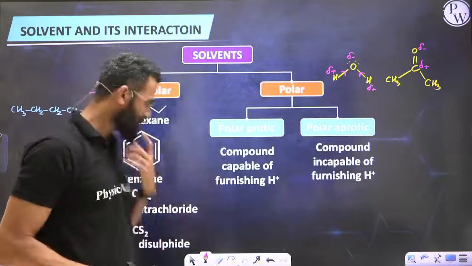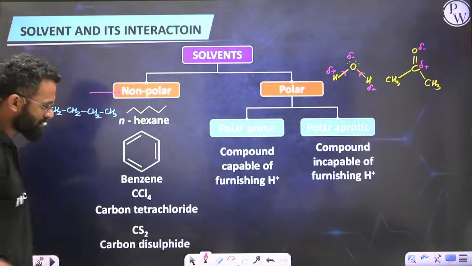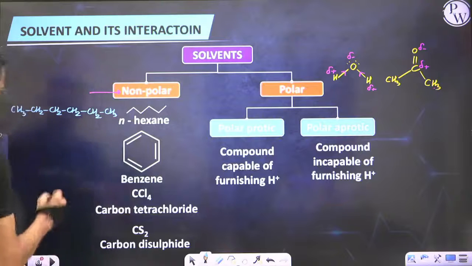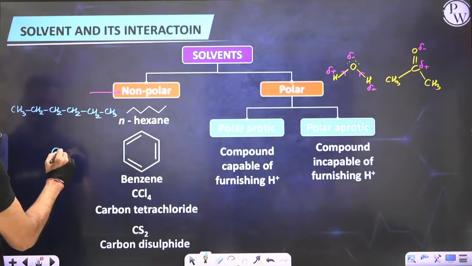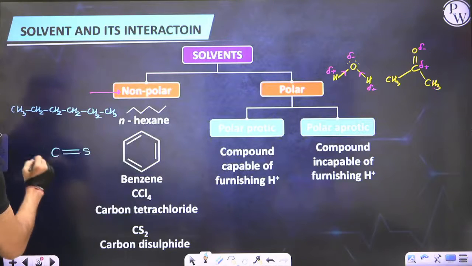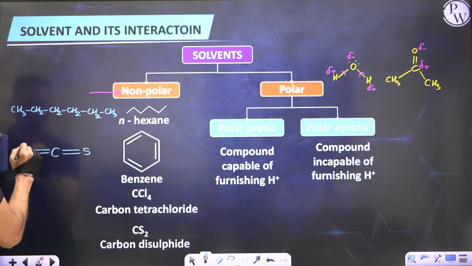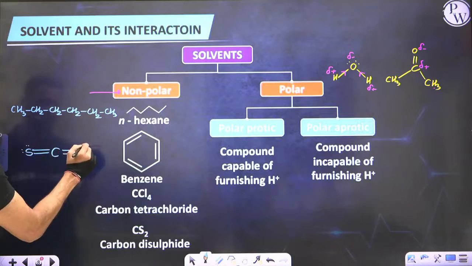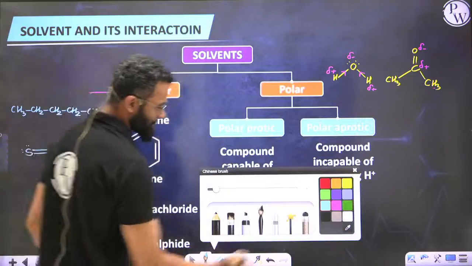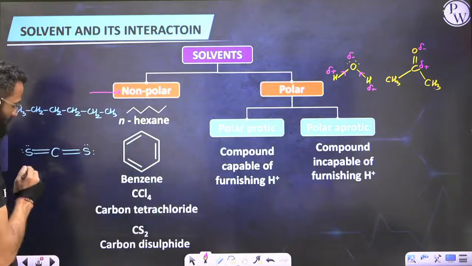For example, let me show you. We have CCl4, or you can deal with CS2. To keep it simple, let me just show you CS2, carbon disulfide. Carbon disulfide structurally can be represented like this. That's how the structure of carbon disulfide is. It has a linear geometry, and of course S carries two lone pairs on it. Now if you see here, carbon is connected to sulfur, which is more electronegative than carbon. Hence,